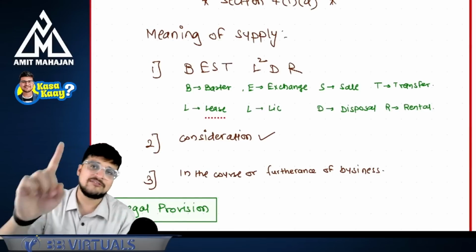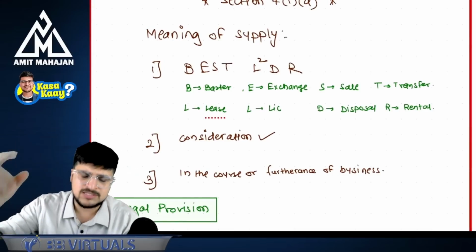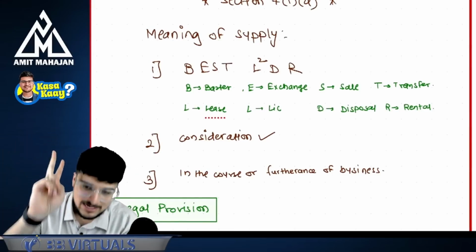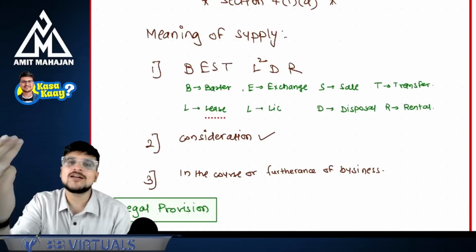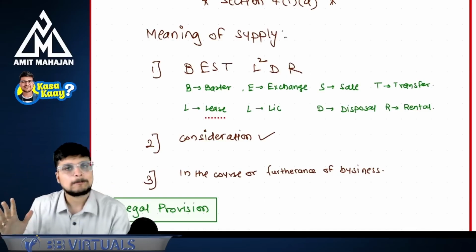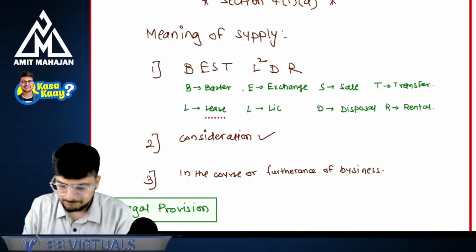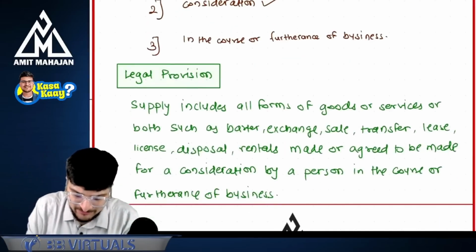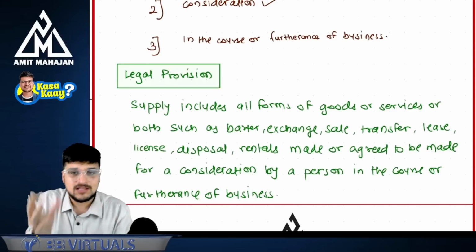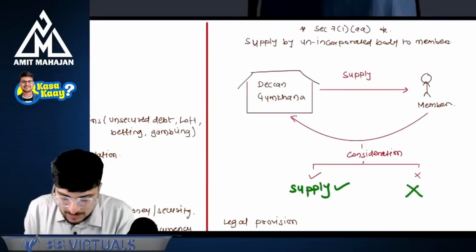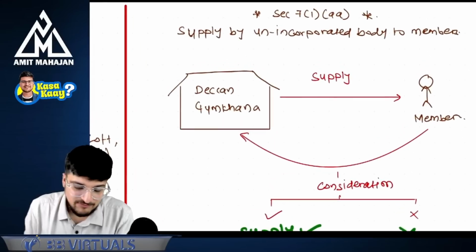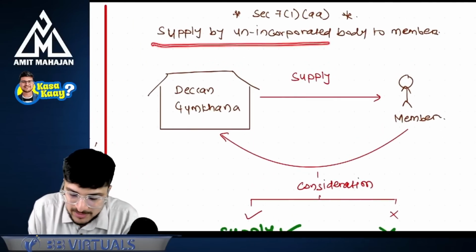So till now we have seen 7(1)(a). Under 7(1)(a), there are three conditions: sale, barter, and so on. The second one is there has to be a consideration. And it should be in the course or furtherance of business. Perfect. Okay, this is your 7(1)(a), and I have written the legal provision for you to understand what to write exactly. Perfect. Okay. Let's come to the next point, that is section 7(1)(aa), that is supply by an unincorporated body